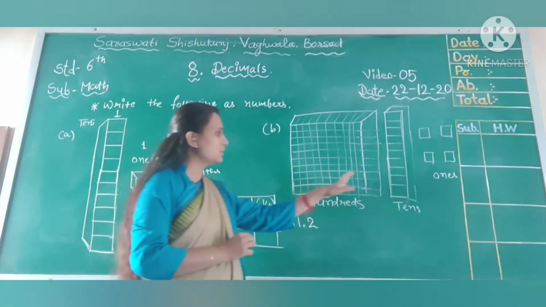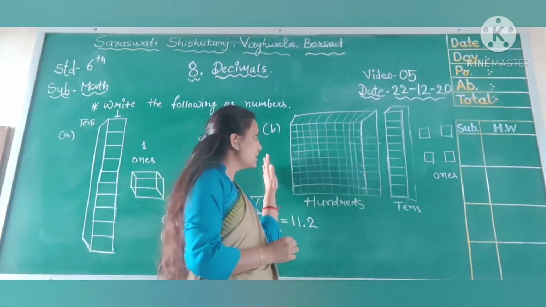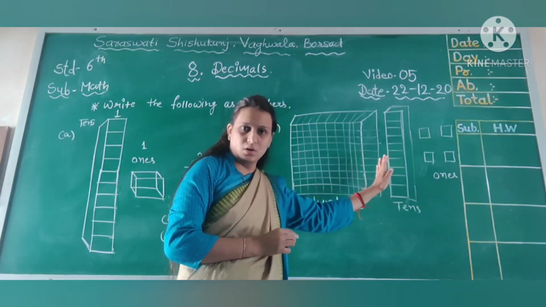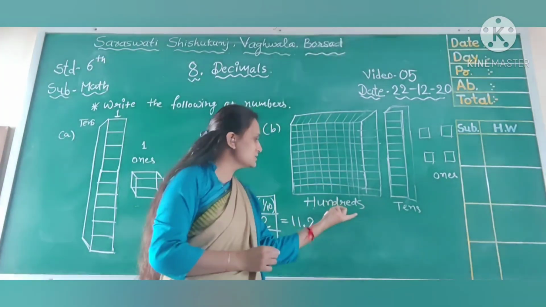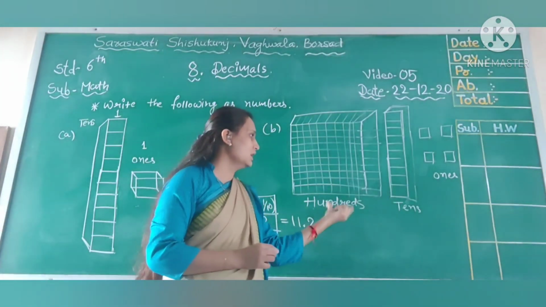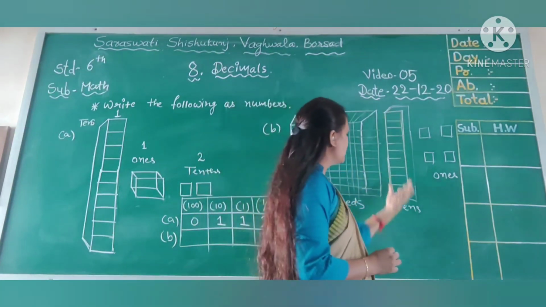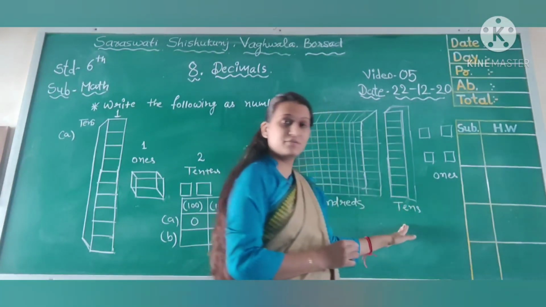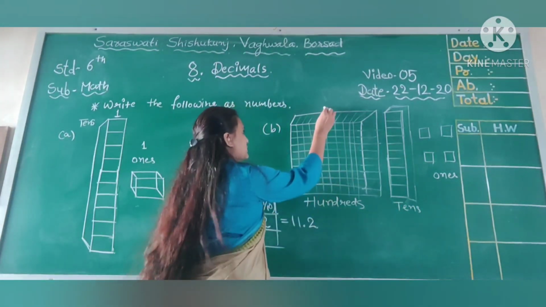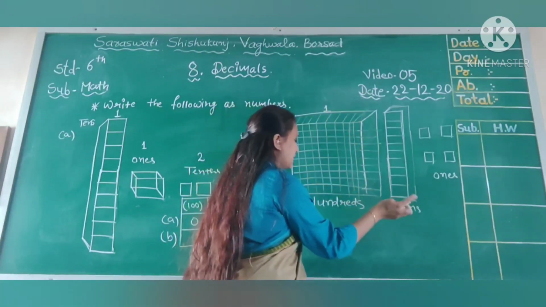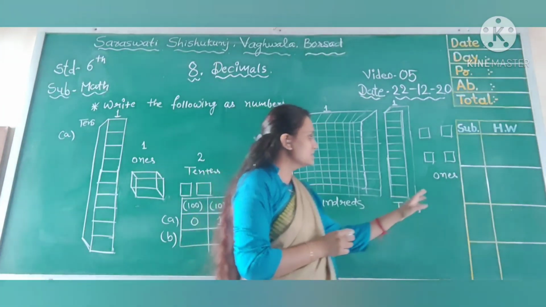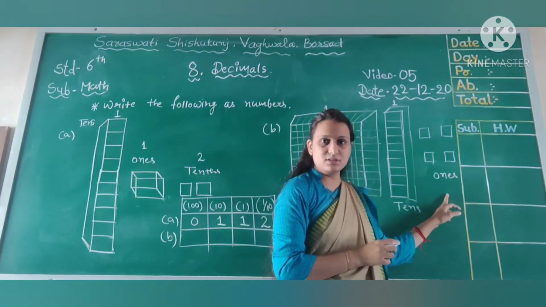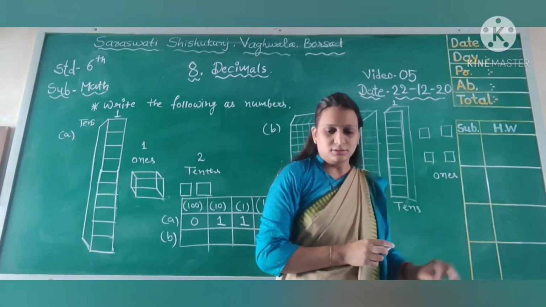Okay, now let us understand second figure. So in second figure you can identify that this is the one whole block given. Okay, 10 by 10 means 100. So here 100 pieces are given. So this is the 100th place. Okay. Now, this is the 10th place. On 10th place, again we have given one block. So on 100th place, we have given one block. Same as at 10th place, again we have given one block. Okay? And this is the ones place.